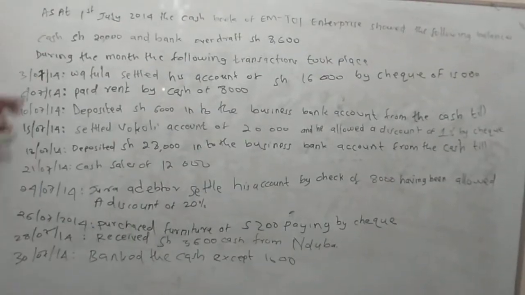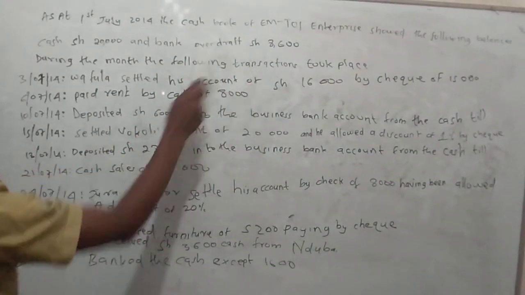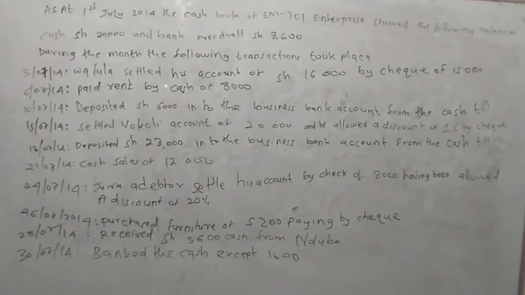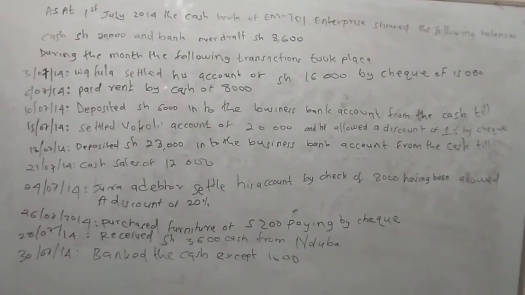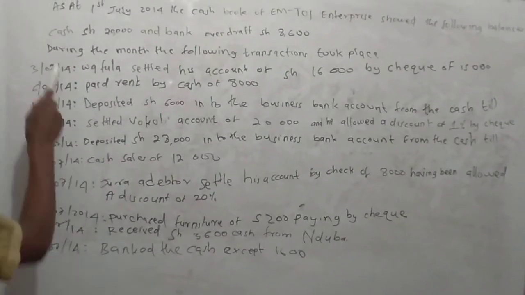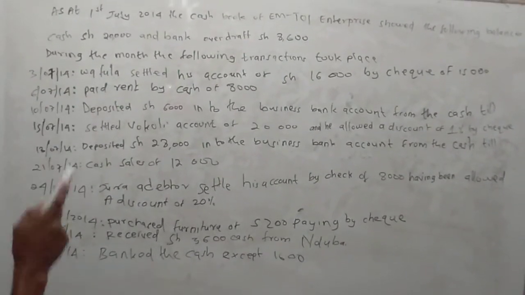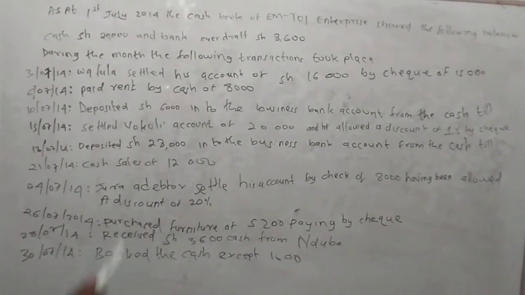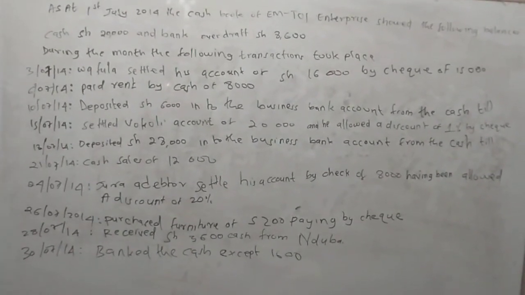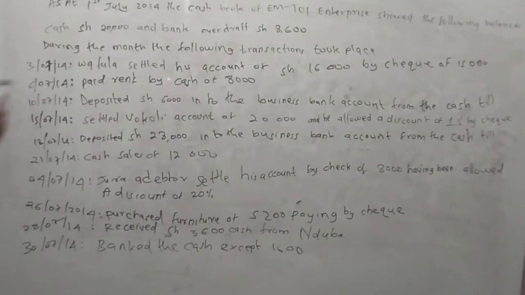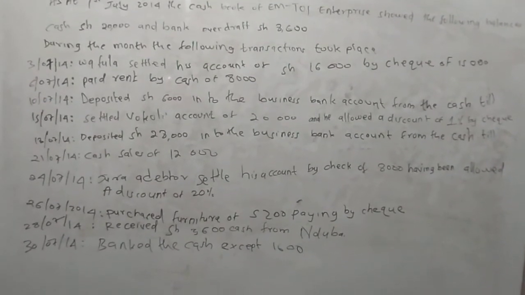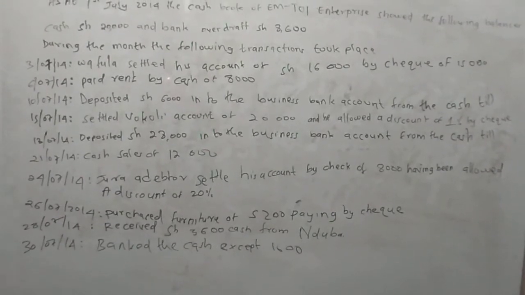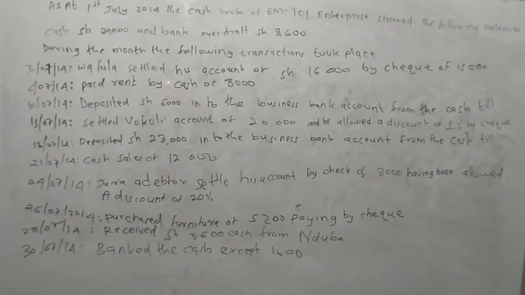As at 1st July 2014, the cash book of EM2 Enterprise showed the following balances: cash of 20,000 and a bank overdraft of 8,600. During the month, the following transactions took place. On 3rd, Wafula settled his account of 16,000 by check of 15,000. On 6th, paid rent by cash of 8,000. On 10th, deposited 6,000